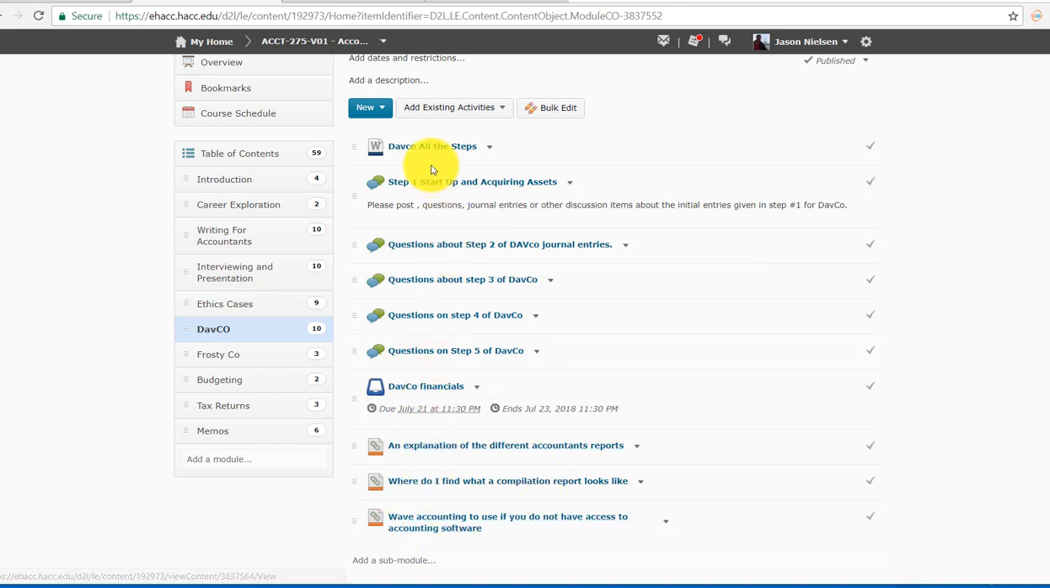Some other information. First of all, I broke it down into 5 discussion boards, so that we can answer questions on a more simple basis by step. For getting started, acquiring assets, then the first 6 months of journal entries, second 6 months, third 6 months, fourth 6 months, a total of 2 years. The financials will be put in this Dropbox,